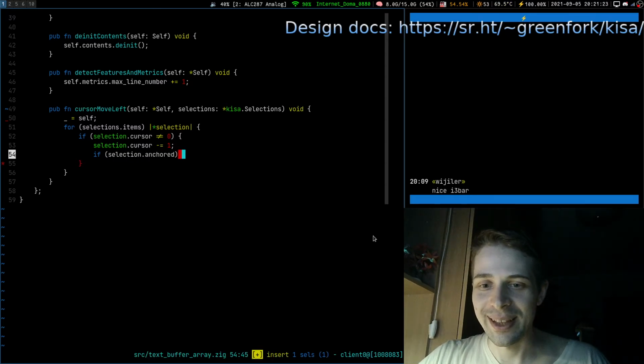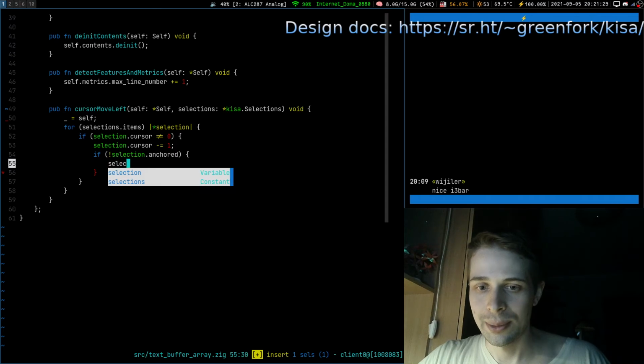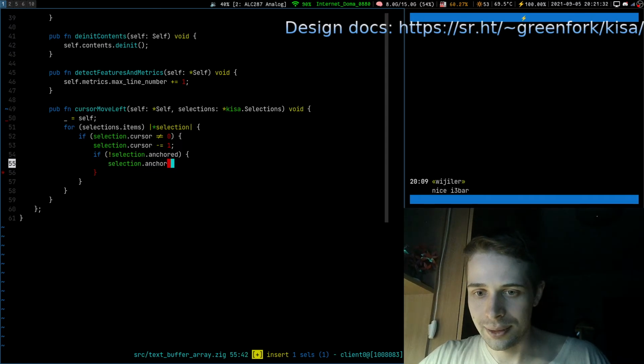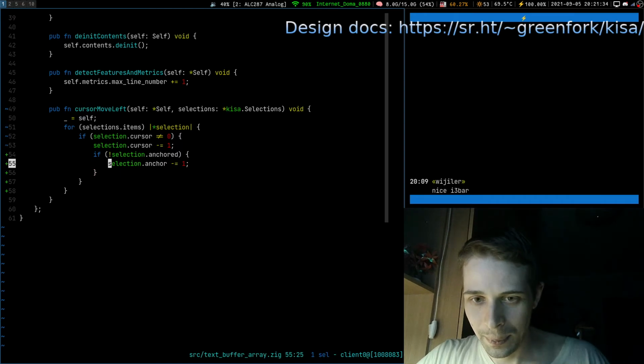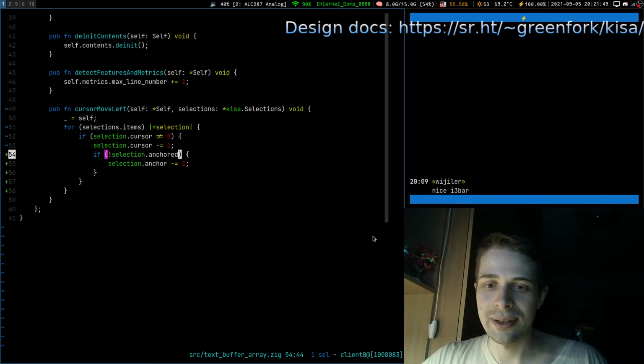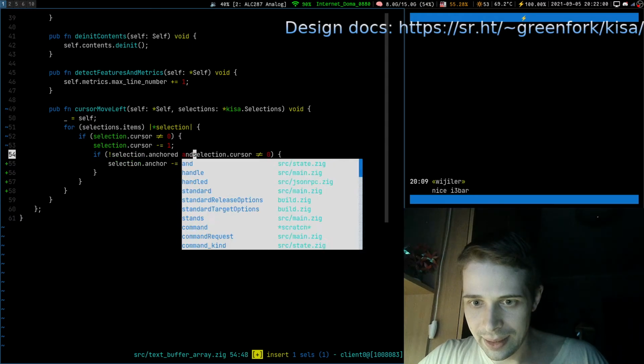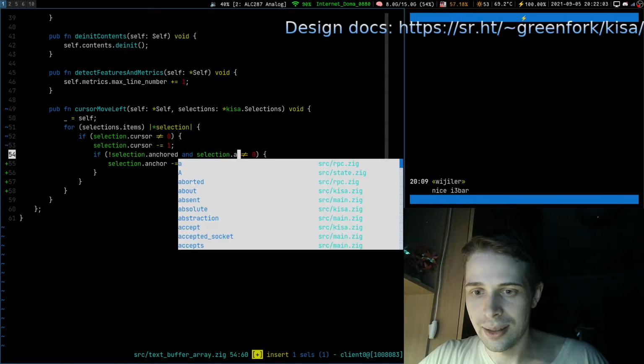Okay, if selection anchored, we don't do anything, but if it is not anchored, we also go anchor -1. And probably yes, we should check that anchor is not 0 too, because if someone is going to implement something like that, like an extension, we probably should also check for that.